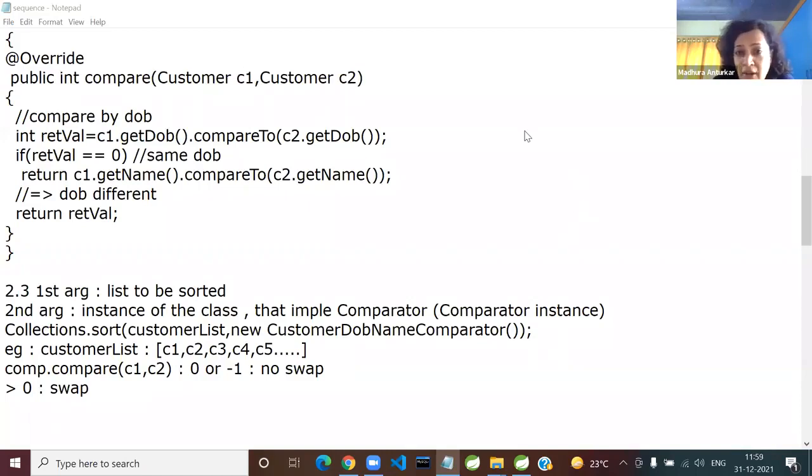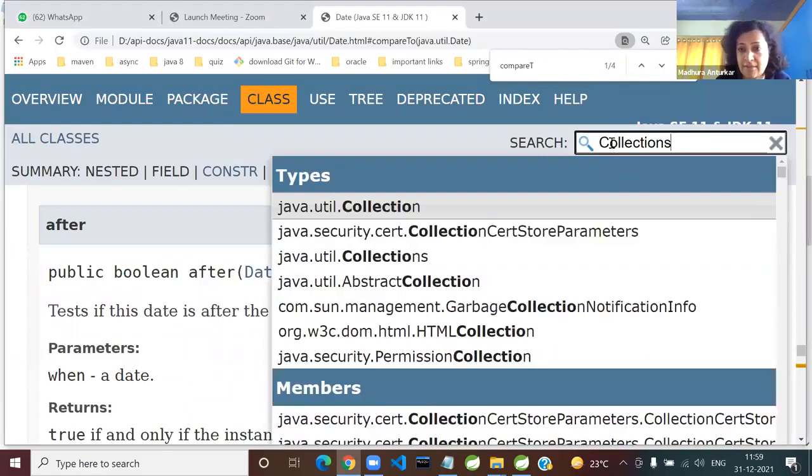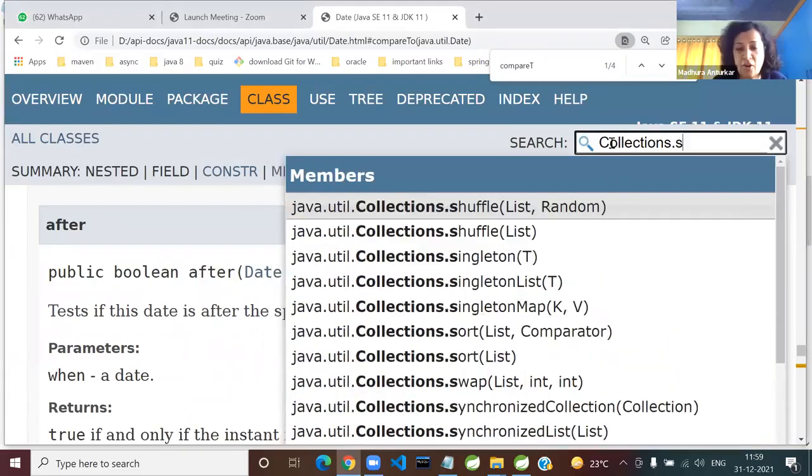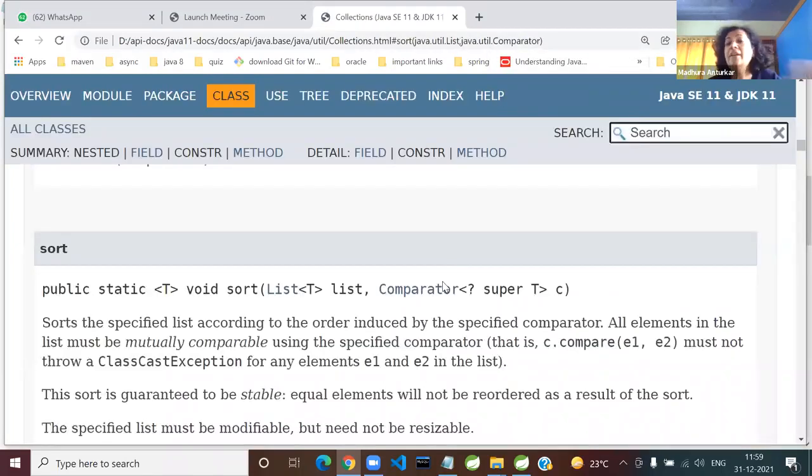Okay, so guys, I'll add that greater than 0, swap. If it is any positive number, that means the first customer moves. Collections.sort, Kunal, here is the method. I'll show you from the Java docs. Kunal, please open Collections, and that has got a sort method. Only thing is I'm not going to explain the internal sorting algorithm, because that is all hidden or abstracted by Java. So Kunal, this is the method I'm using.